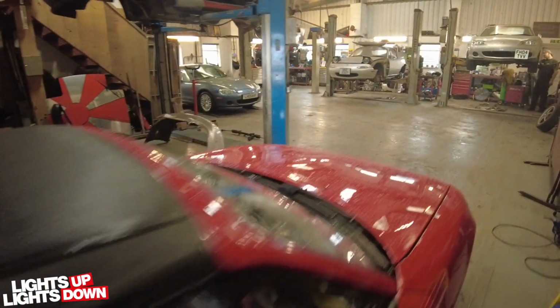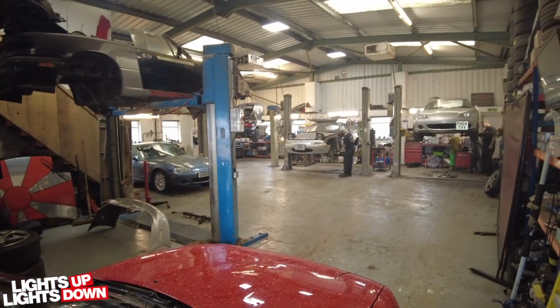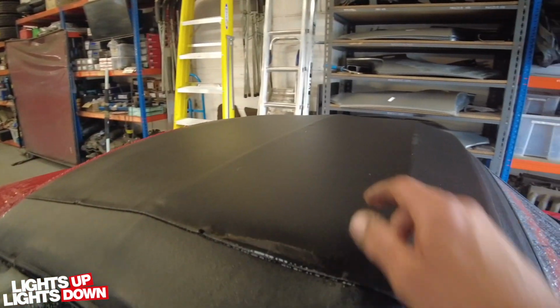So we've got this one in for near side sill and arch and an underseal and a couple of other bits and pieces. Why did we have to keep this inside? Oh, the roof leaks. Is it in for a roof? Oh, maybe it leaks in a rainbow or something. Anyway,